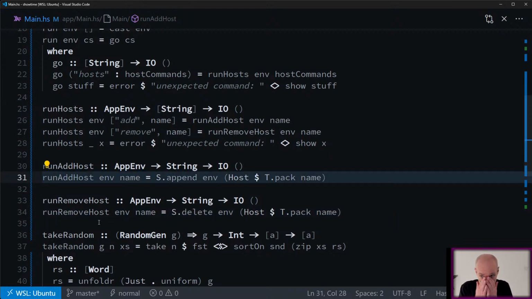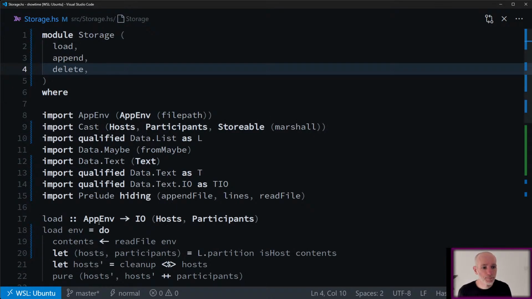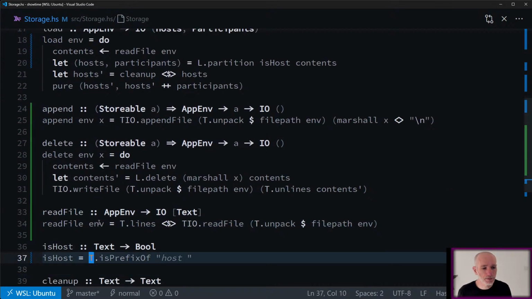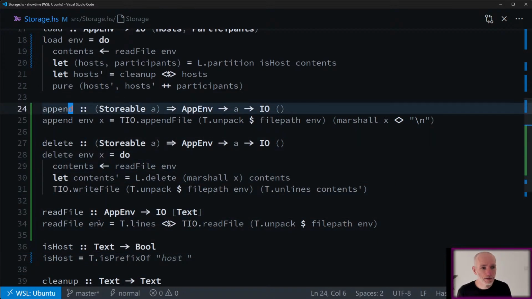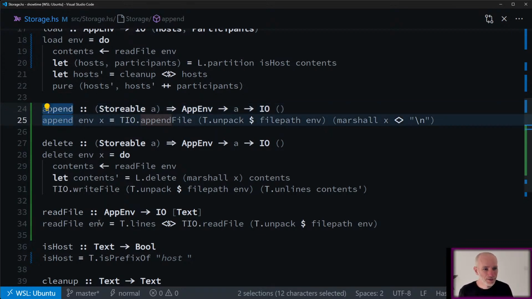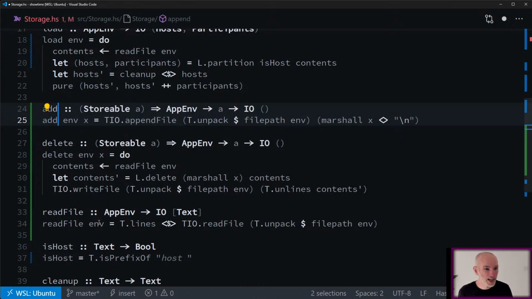Okay, so one other thing is when I add a host that's already there, I don't want to add it again. It's not even append. It's kind of like, let's call it insert or add.